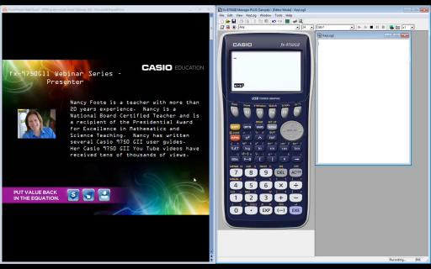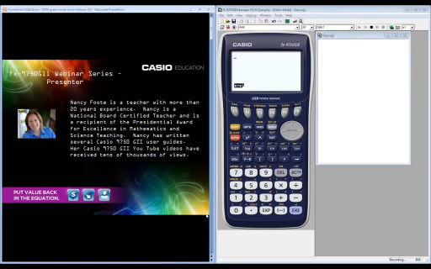You know, they know how to use their cell phones. They know how to use their iPods. They know technology probably better than you or I, certainly better than I do. And I just want them to know the calculator is a tool that's there to help them. So let's go ahead and jump in.